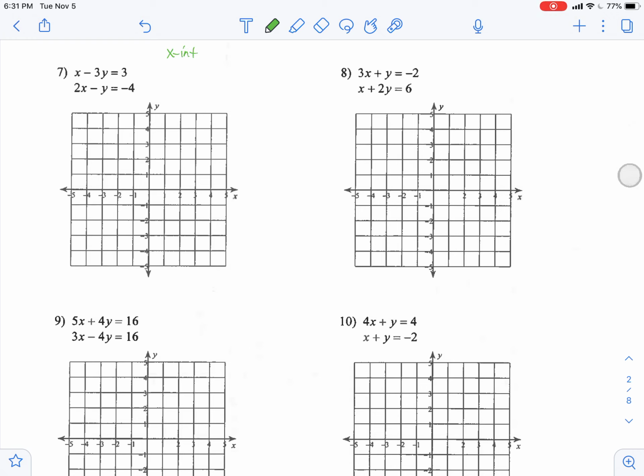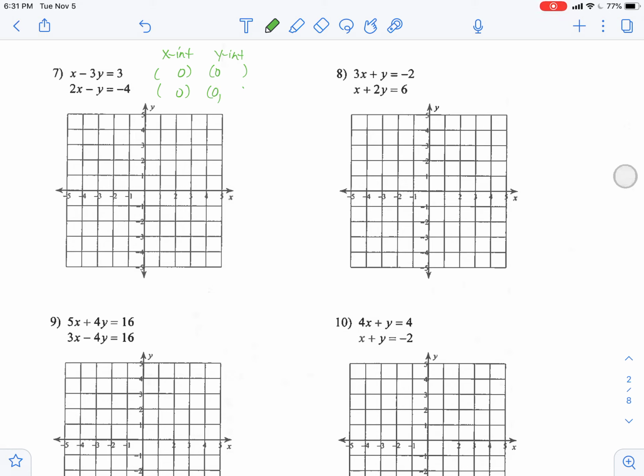But remember, if you've got your x-intercept, that is where your y is 0. And your y-intercept is where x is 0. So I'm going to go ahead and get each one of these set up ready to go. Okay? And I might actually do those in 2 different colors, and we'll do this one in blue. Okay? So we'll go back to the green, and again, we're going to use the cover-up method. So we're going to start with that if y is 0,